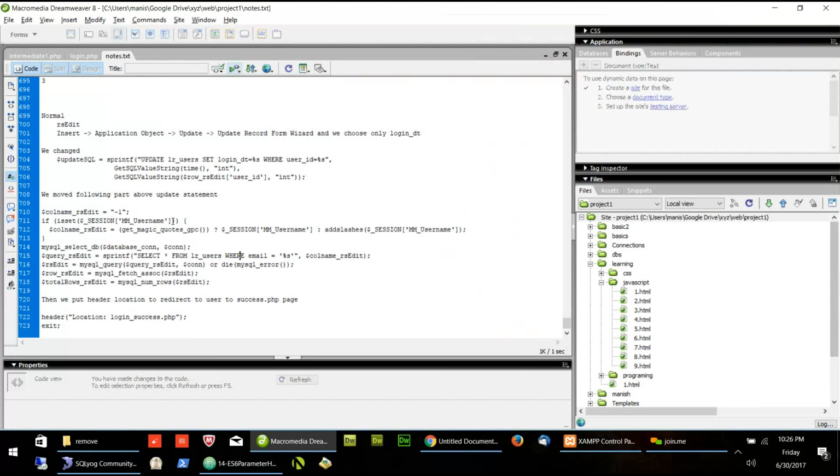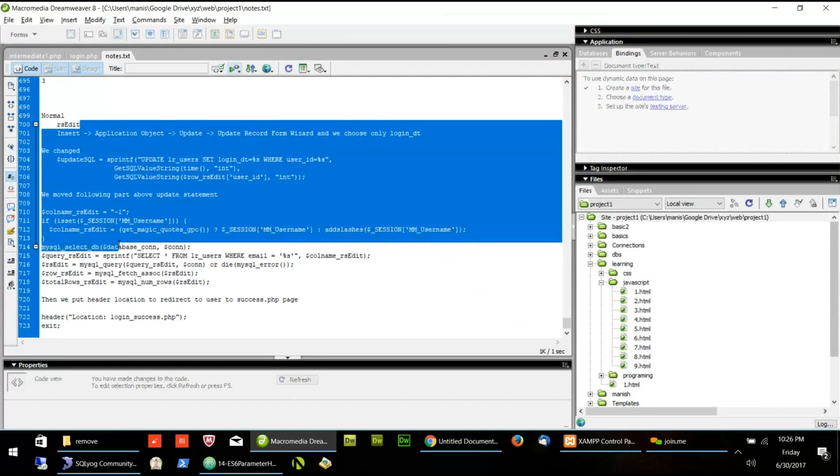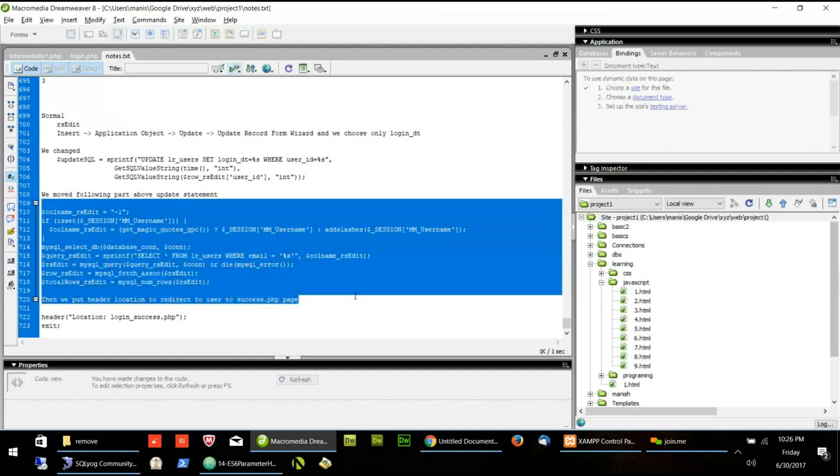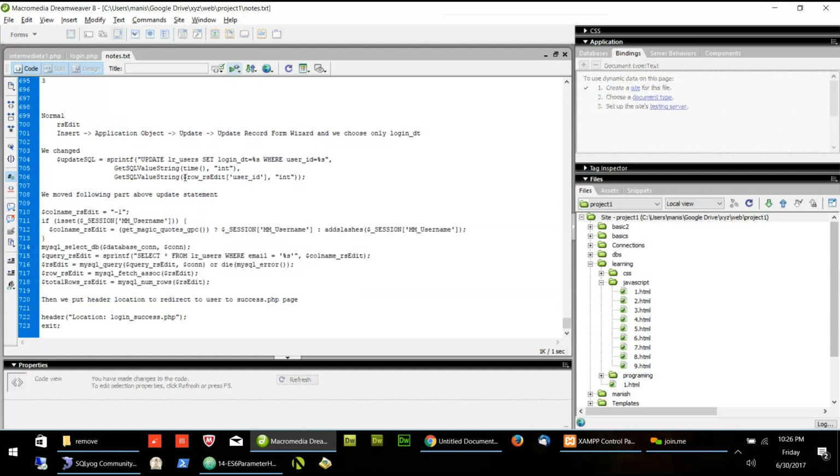Got this? Yes. Okay, so this is the practical way we put something. You don't have to remember any code. You just have to rearrange the code, and change this part, that is the time, and change the user ID. Since user ID is not there, we use this part to get the user ID, and we update the user ID. So that's it for this part, updating the login.